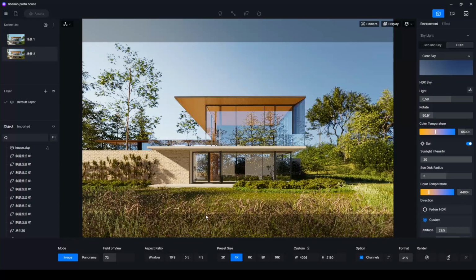As you can see here, we are using D5 Render, but nearly every render engine can export render elements for your renders. I think the only software which has no render element ID is Twinmotion, but for the rest, V-Ray, Corona, D5 and Enscape, this tutorial is for you. You can implement what you learned in this lesson.